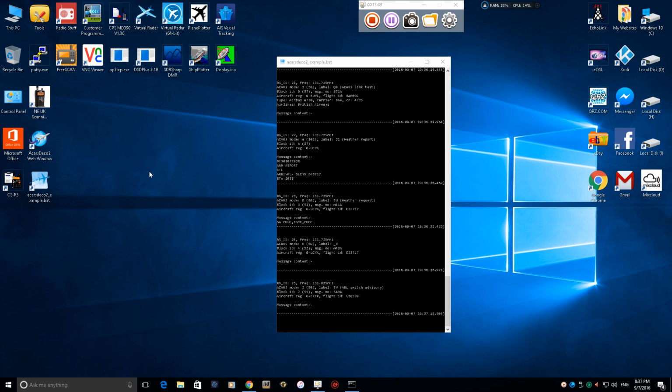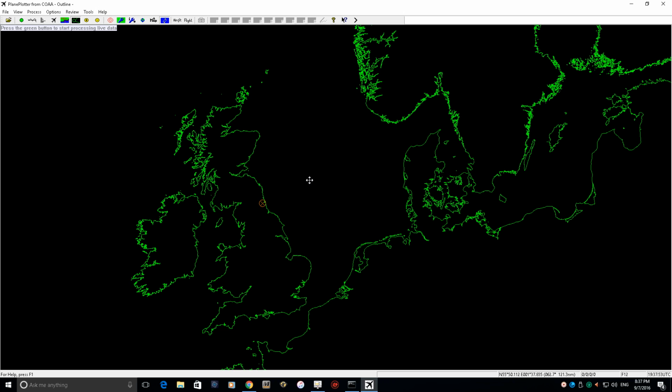Right, well, I forgot what I was going to do. Oh yeah, Plane Plotter. Fingers crossed it doesn't crash, because it forever crashes, this bloody thing. It's only once you get it started, but sometimes it's having a bad day. Right, what I want to do on here, that's your map, obviously. This one there